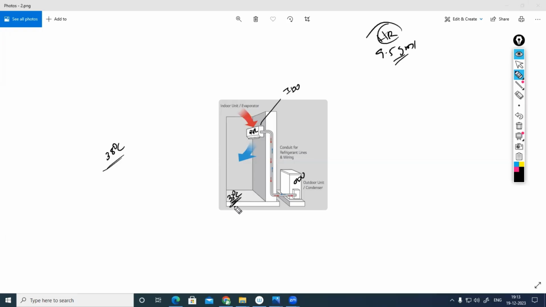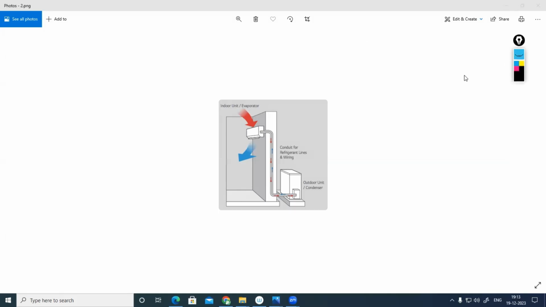The initial temperature might be 33 degrees Celsius. Then from 33, 32, 31, only 2 or 3 degrees Celsius of temperature difference can be found in the starting. But once the humidity ratio has been achieved, no more condensation will happen. Then the room temperature will start to increase from 33, 32, 31, 30, down to 24. Okay. Once it has achieved 24, on the surface of your split AC,